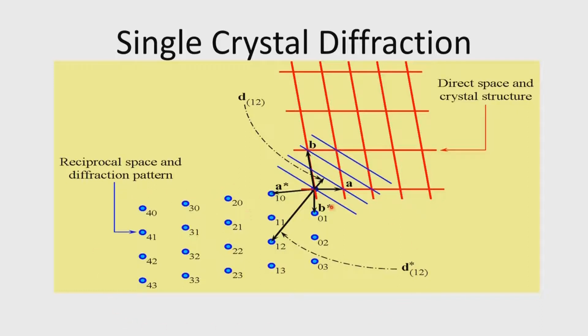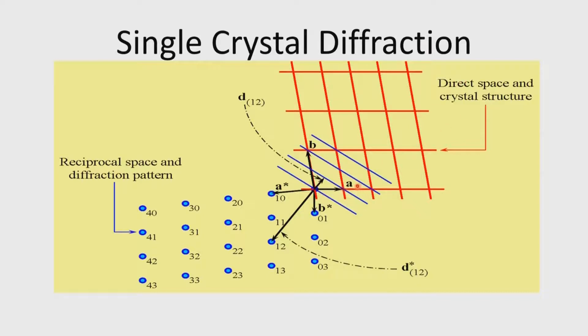Now, what is the relationship between the direct lattice, which is up here, which is where our unit cell is defined? Suppose you take this as a 2-dimensional crystal, you see that this is represented by the A value and this is represented by the B value. Therefore, this red square here will be the unit cell. Now, this unit cell repeats itself in both directions because it is a crystal. So, this therefore now defines the crystal space. So, this is the lattice representing our crystal.